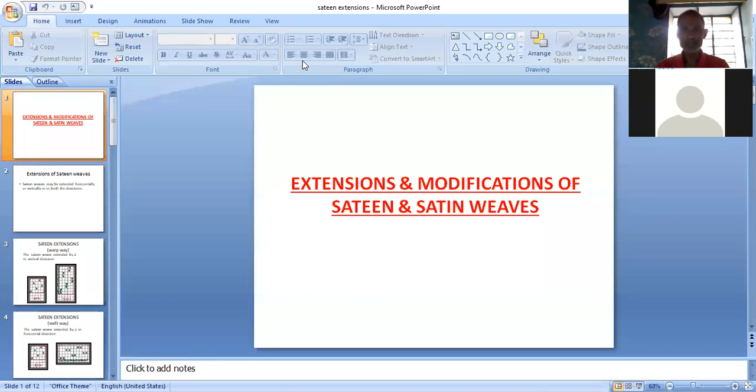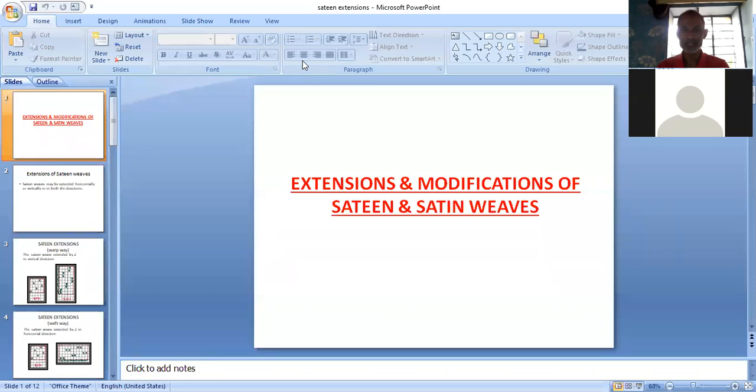Similarly, now we are taking extensions and modifications of 13 and 13 views. Means the basic view 13 and 13 can be extended as well as can be modified. So if the effects are produced by extensions, then they are known as extensions of 13 and 13 views.